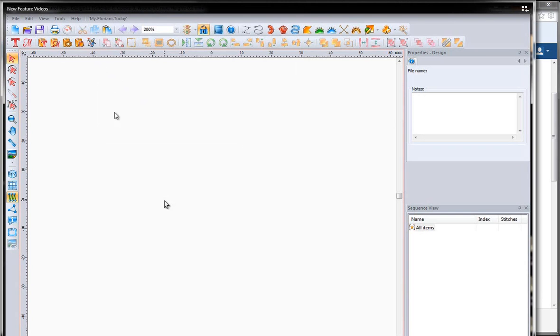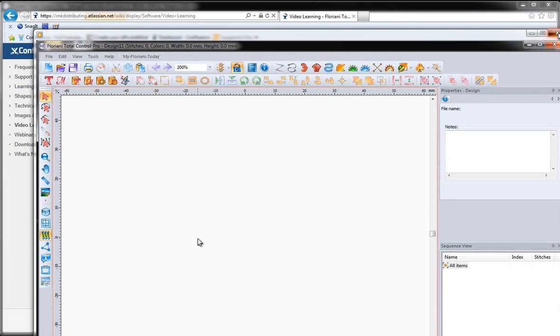We're excited to bring some new functionality to the text tool. We've always been able to work with TrueType fonts, but in the Floriane Total Control software,